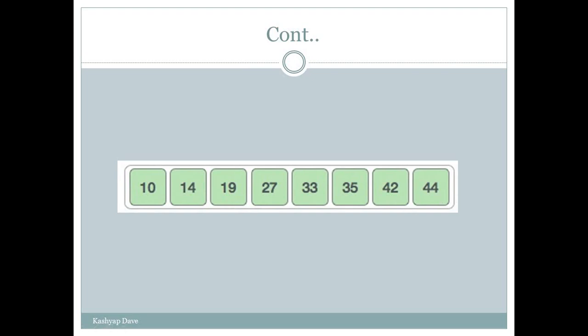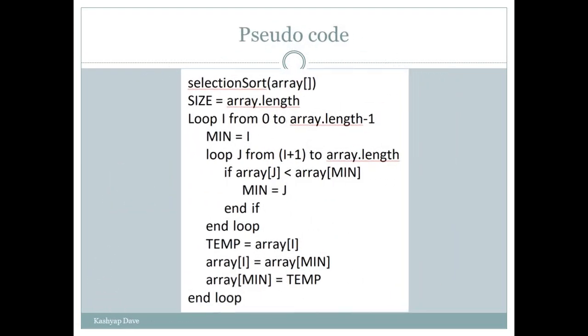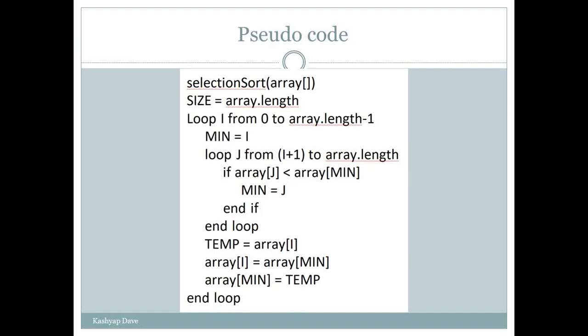Okay, so this is an example of the working of the selection sort algorithm. By this working we have observed that we have to start with our beginning index, check every index, and if we find a minimum number in the list, we have to swap those two numbers. By this observation we can create a pseudocode of the selection sort algorithm. So this is the pseudocode of the selection sort algorithm.